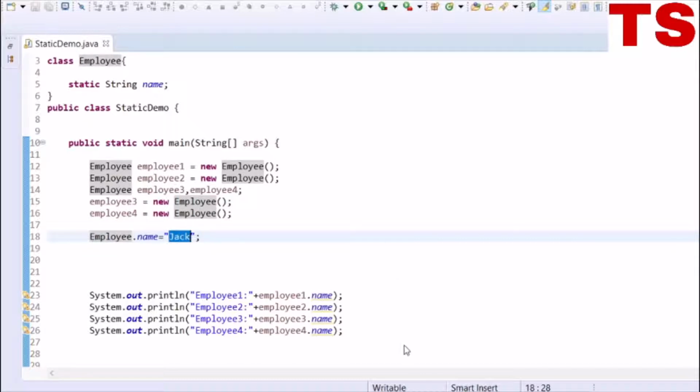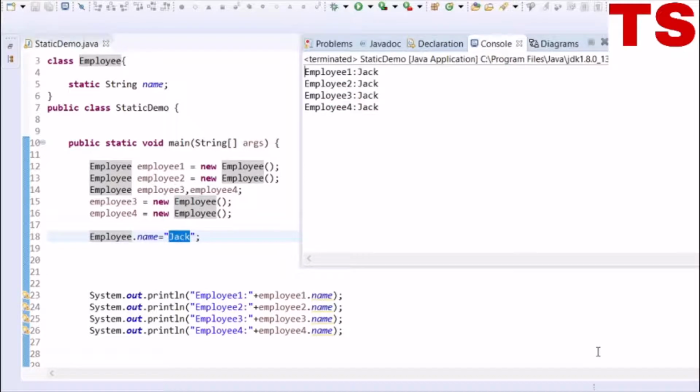Now let's run the program and look at the output. And the name of all the instances of the class is initialized to the same value, that is Jack.